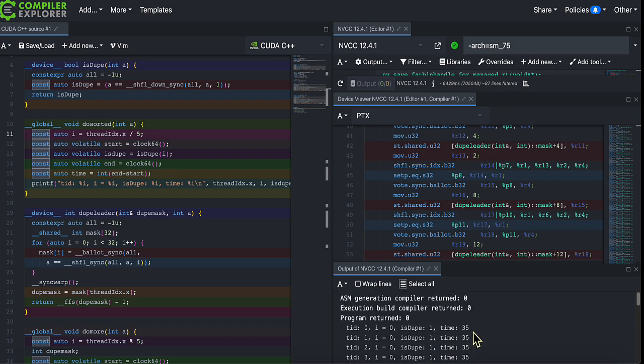When we check, we can see that it only takes 35 clock cycles. It's significantly faster. And of course it is significantly faster because we're doing significantly less work. Another nice property is that it doesn't matter what the data is, the time will always be the same.